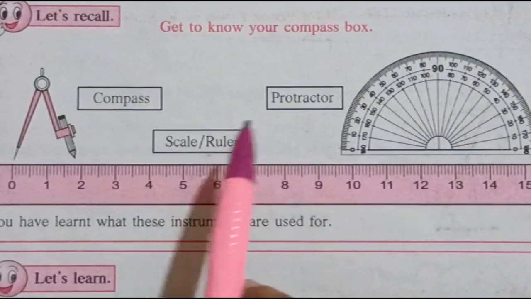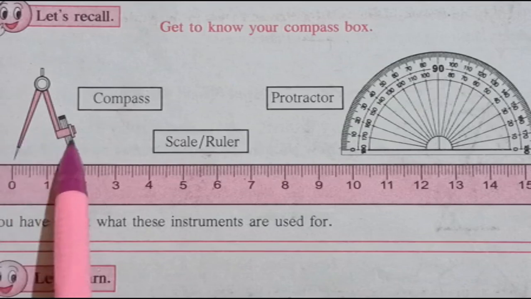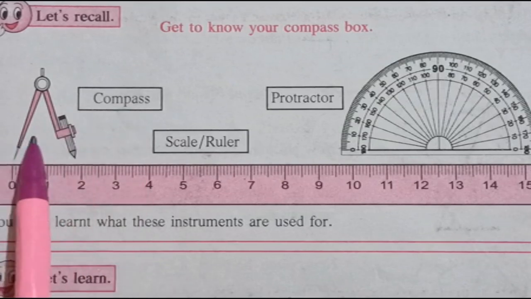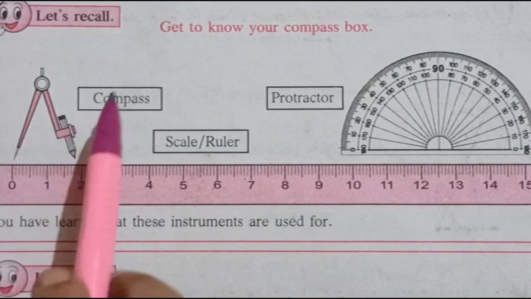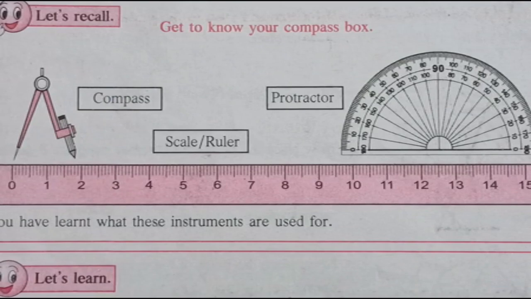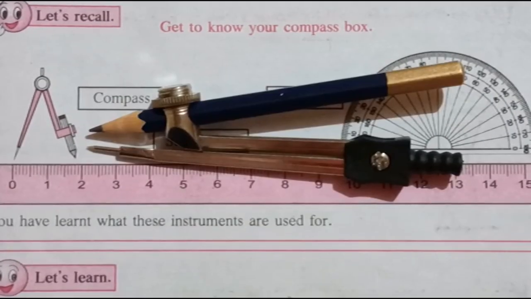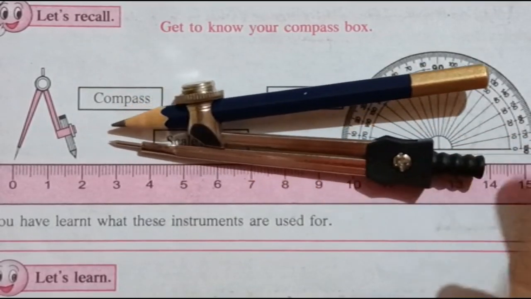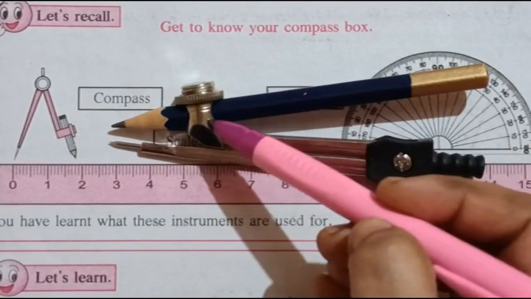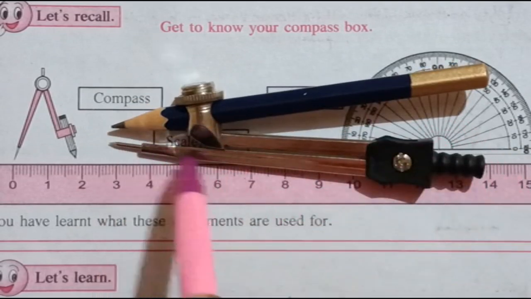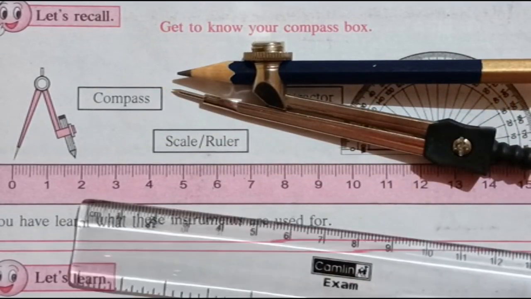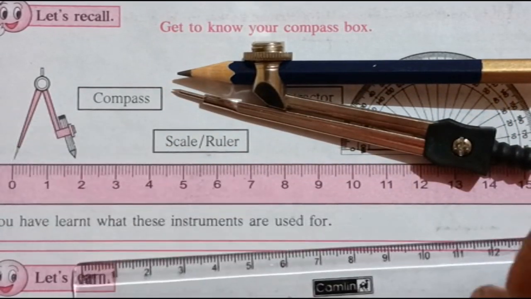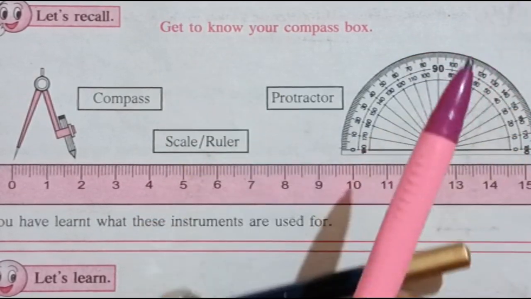The next part is the compass. Now, what is the meaning of compass? Compass, or you can say a rounder also. What is the rounder used for? It is used to draw a circle or an arc for the angle system. So I'll show you the compass. Students, this is known as a compass. This is a rounder; on one side you place the pencil, and the other side is the pointed thing. Whenever you are drawing a circle, you are supposed to measure it and then draw it. Clear? So this is a rounder, or compass you can say.